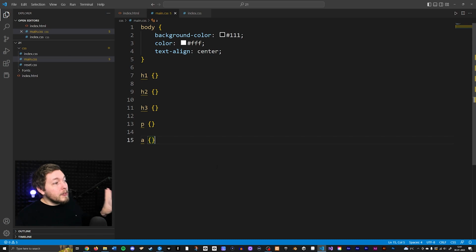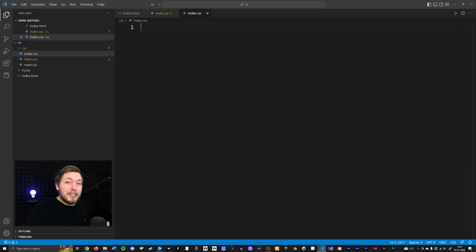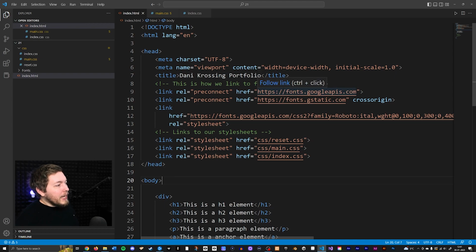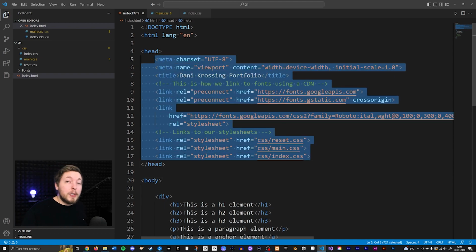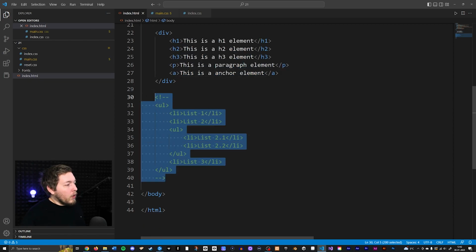In front of me here, I have a very basic project. This is not the website we've been building up until now. This is just a very basic new website that I just set up very quickly. And as you can see, I have a basic main.css, which is the main styling for all the styling inside our website. And then we also have an index.css that has nothing inside of it. And inside my index file, I have barely anything. Of course, I do have the default things that we've learned up until now. You need to have inside your head tag, but I don't really have anything inside my body tag. I have a div tag that has a couple of different text elements inside of it, like headers, paragraph, anchor tag, and I commented out an unordered list down here that I'm going to be using for my second example